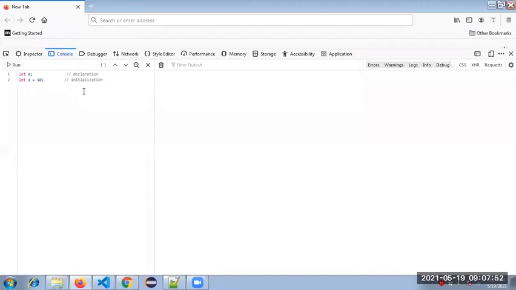Who is not getting it, please make sure you know what is declaration and what is initialization. This is very important, very basics. So here, what is this? Object initialization. After the equal sign, what did I give? So this is an empty object initialization.